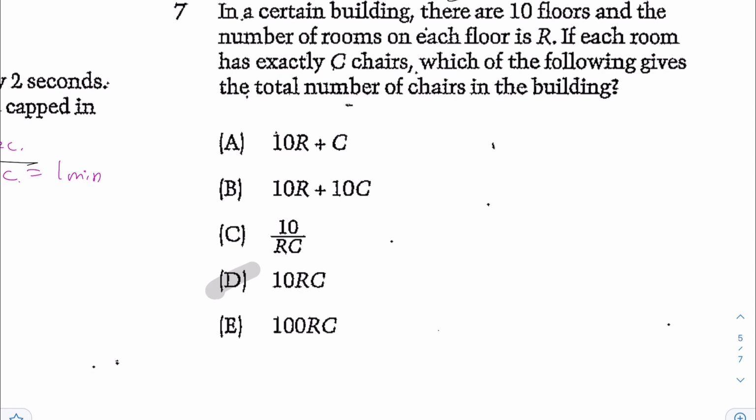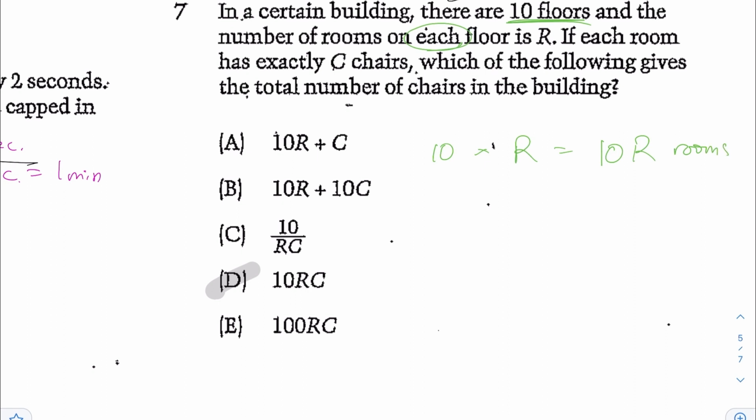Next, for number 7, in a certain building there are 10 floors, and each floor has R rooms. If each room has exactly C chairs, which of the following gives the total number of chairs in the building? So here you have this building, there are 10 floors, and the key word here is each. Each floor has R rooms, so if you have 10 floors, R rooms each, that will give you 10R